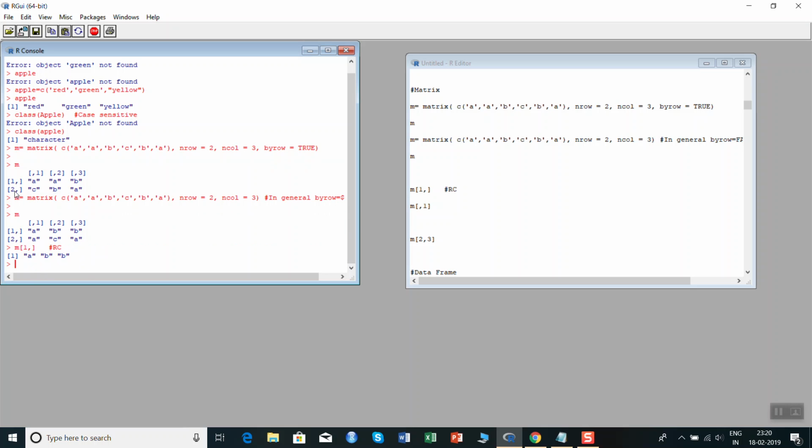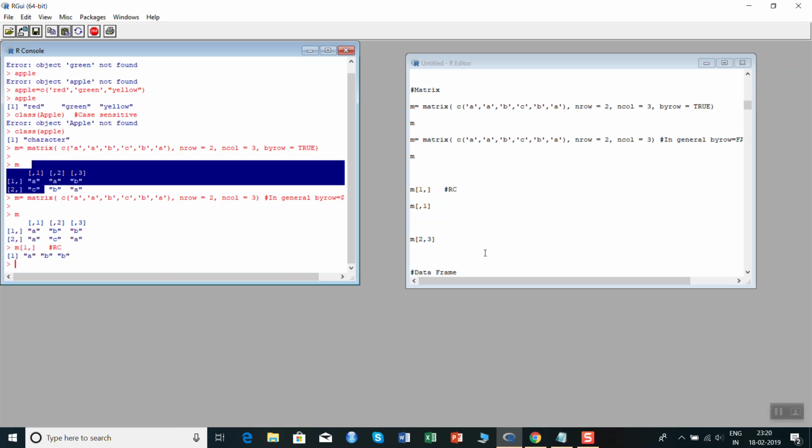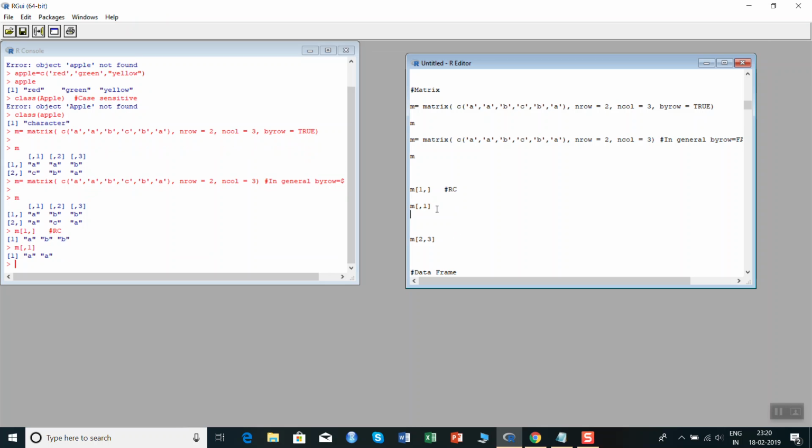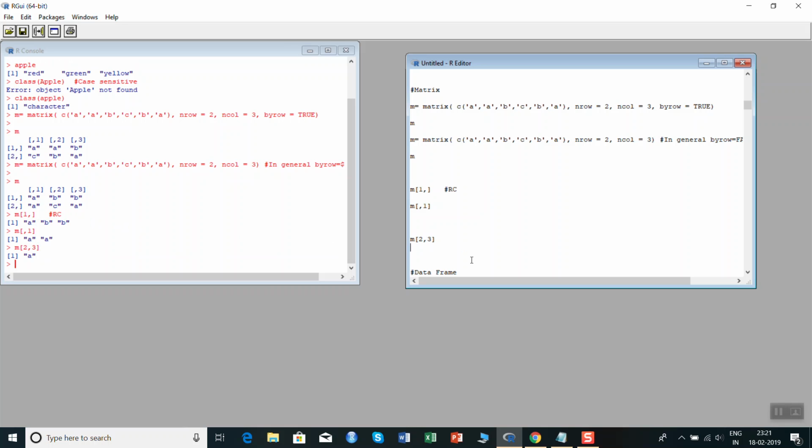You can see it here also, that it is 1 in the bracket, and in the third bracket is 1 comma. That means this will give this first row. So comma 1, this will give the first column like this. Okay. So this one should give what? The first column. So it's giving AA. Similarly, suppose we want the second row's third column value. So second row is this, third column value is A. So should we give A? Let's see. Yes, it's giving that one.